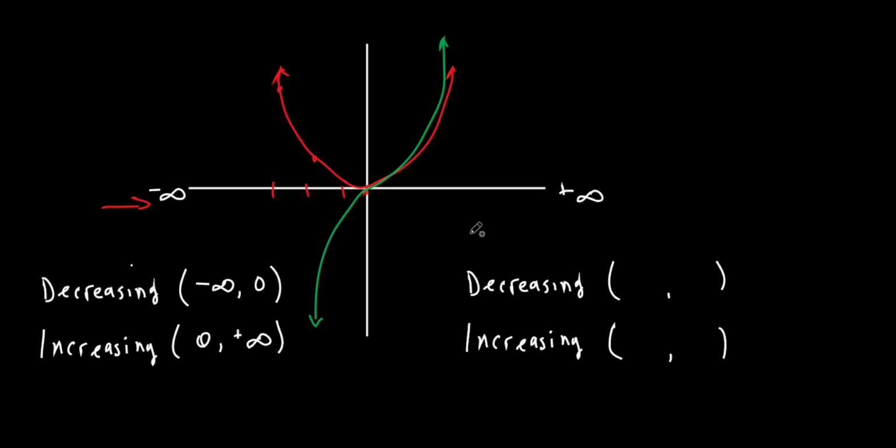The green one. Where is the green one decreasing? Well, for every x, as I go from left to right, where is it decreasing? Actually, it's not decreasing at all, is it? From left to right,